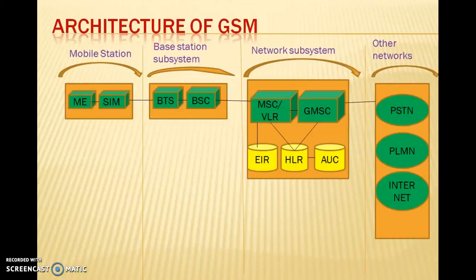Then come to base station subsystem. Base station subsystem, that is also called BSS, is called radio subsystem, which provides and manages the path between mobile station and mobile switching center. Base station subsystem also manages the interface between mobile station and all other subsystems of GSM. Each base station subsystem consists of many base station controllers, which connect mobile station to the network switching